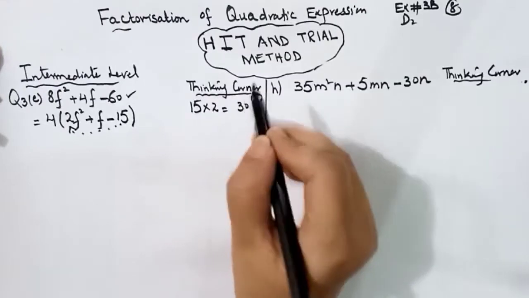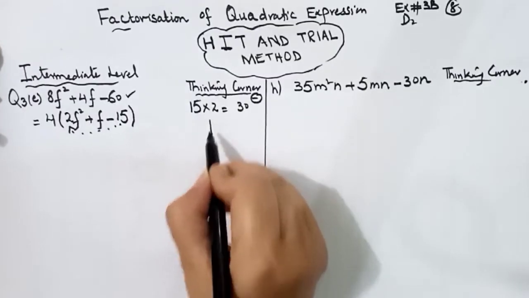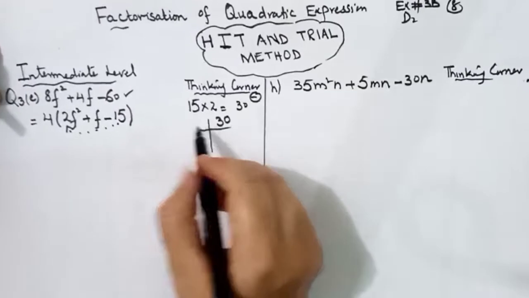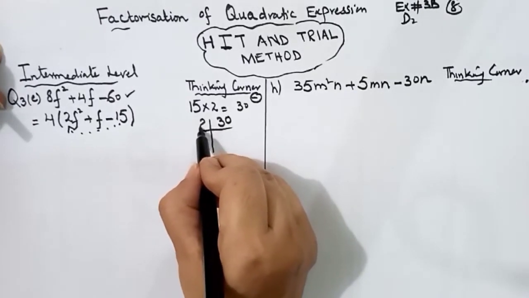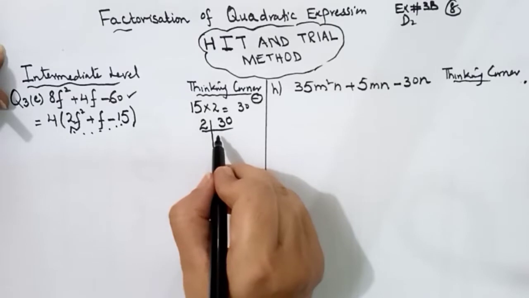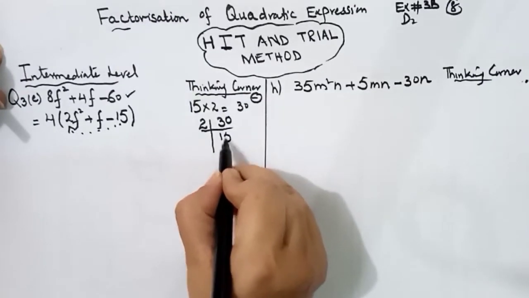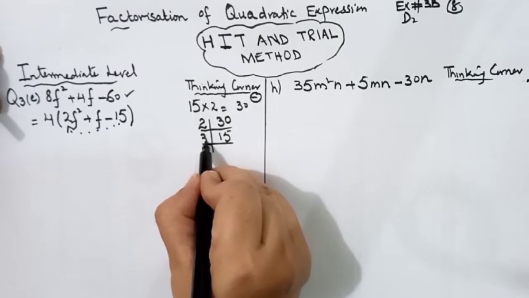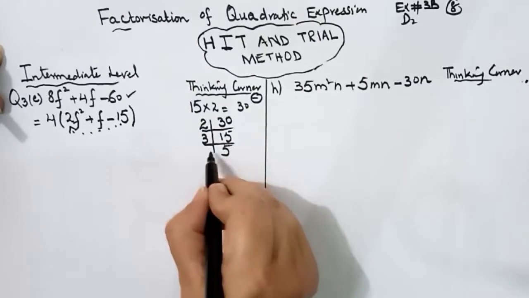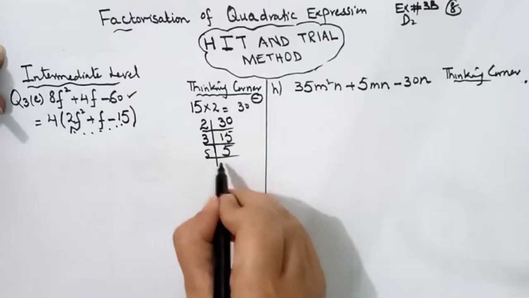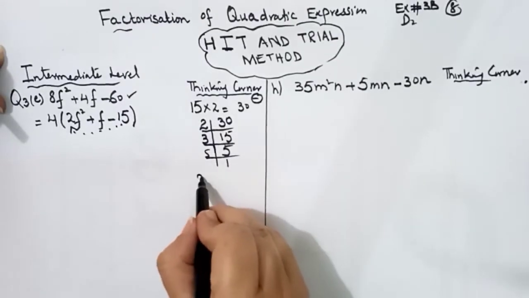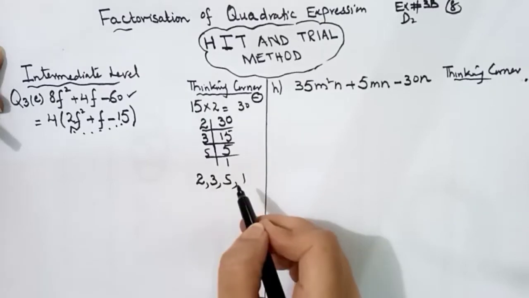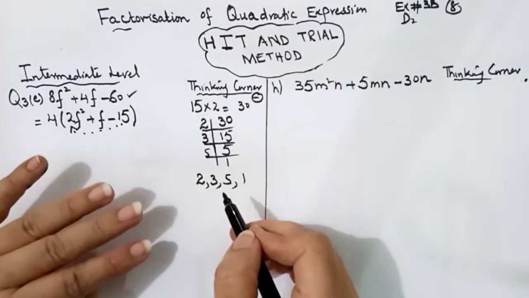Now what to do? We know that we have to make the prime factors now. What is the suitable divisor for 30? That is 2, and 2 is 15 times 30. Then for 15 the suitable divisor is 3. 3 fives are 15, and 5 ones are 5. Now I have to write all these factors in one line.